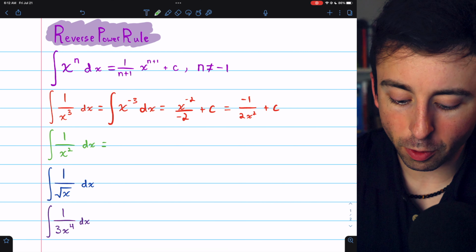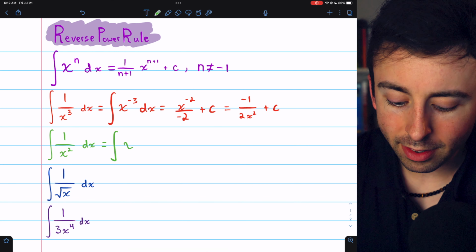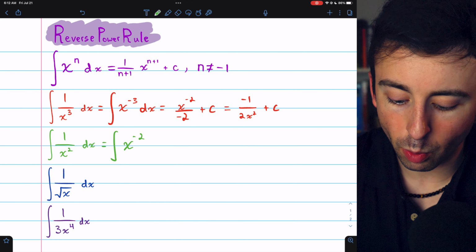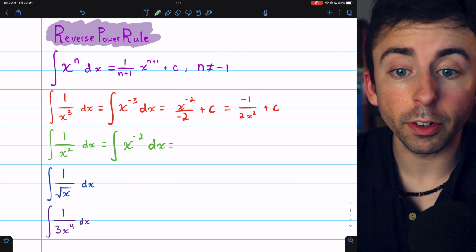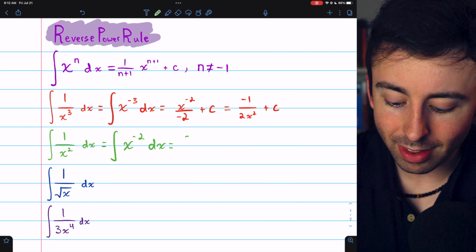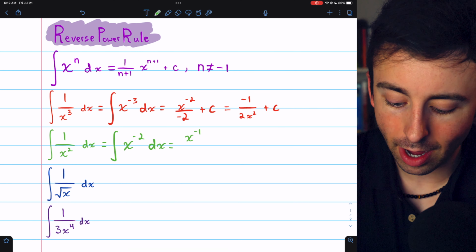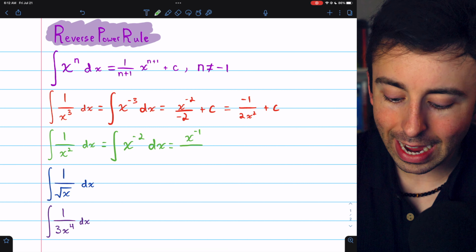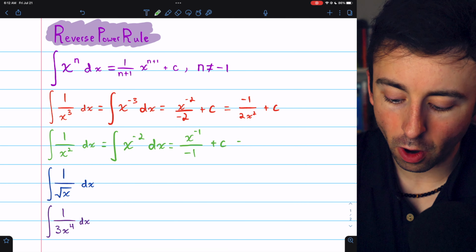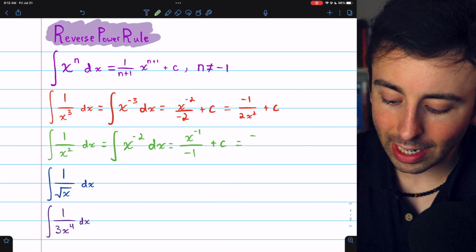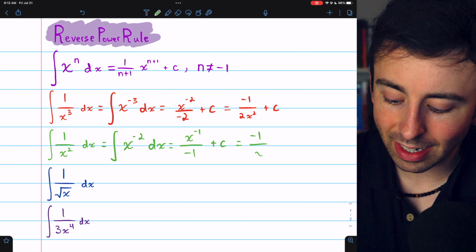To find the integral of 1 over x squared, simply rewrite 1 over x squared as x to the negative 2. Then see, we can apply the reverse power rule. Just increase the exponent by 1, so it becomes x to the negative 1, and divide by that new exponent. Of course, we also need to add the arbitrary constant, and finally, we could rewrite this integral as negative 1